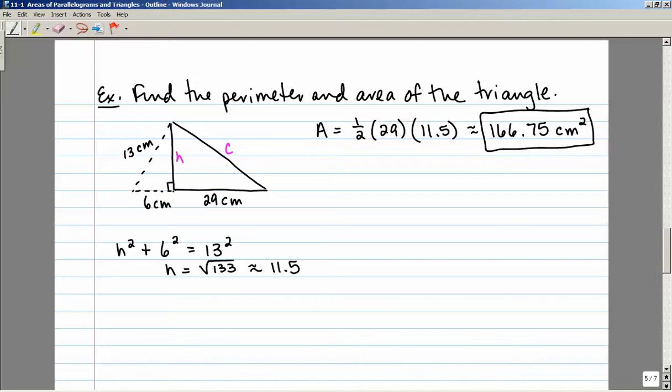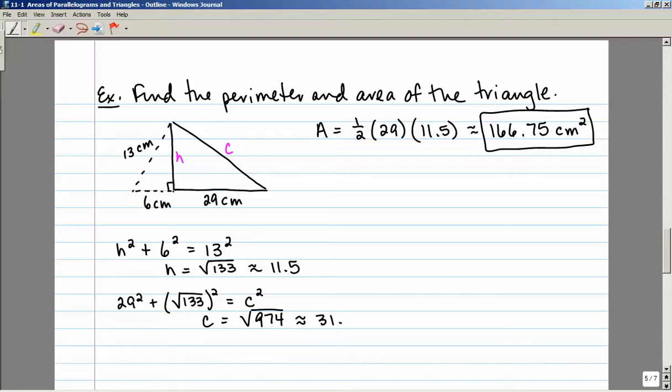Now, in order to find the perimeter of this triangle, I know what h is, but I need to find c. So I'll use the Pythagorean theorem again. I'll do 29 squared plus this height squared, and I'm going to go back to 133 and square that, is equal to c squared. And working that out, I get that c is equal to the square root of 974,